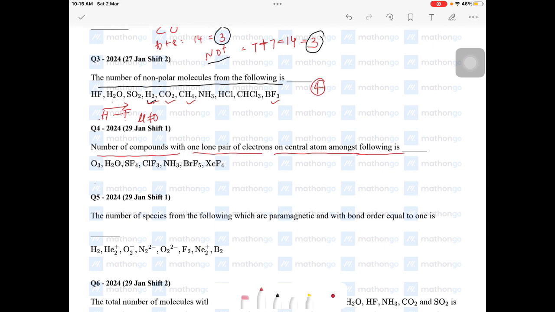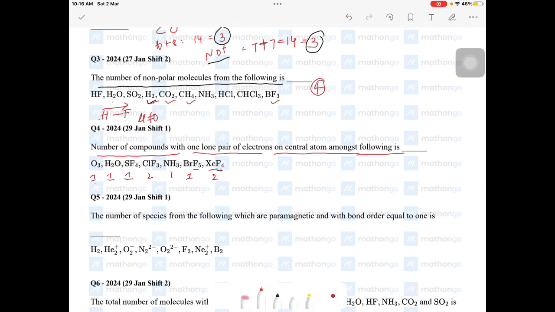lone pairs: ozone 1, oxygen 1, SF4 1, ClF3 2, NH3 1. BrF3: bromine is 17th group, 5 involved in bond formation and remaining 2 form one lone pair. XeF4: xenon is 18th group, out of 8, 4 electrons involved in bond formation, remaining 4 will give 2 lone pairs. Now the question is